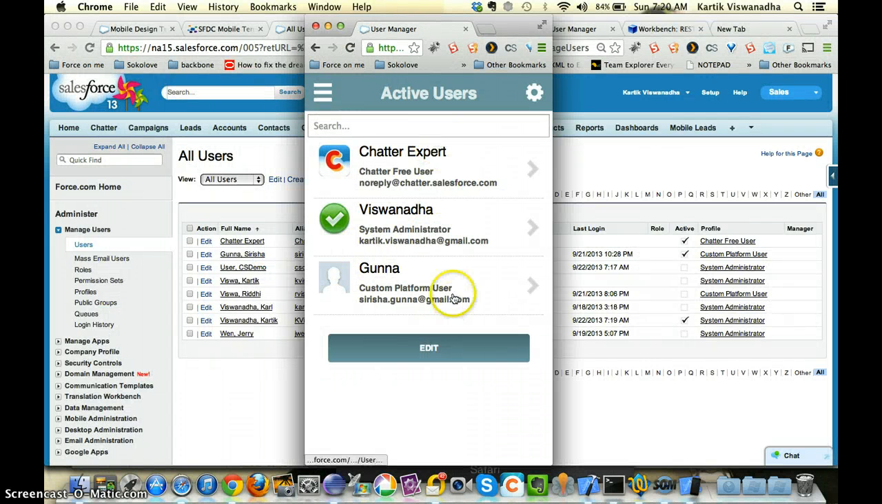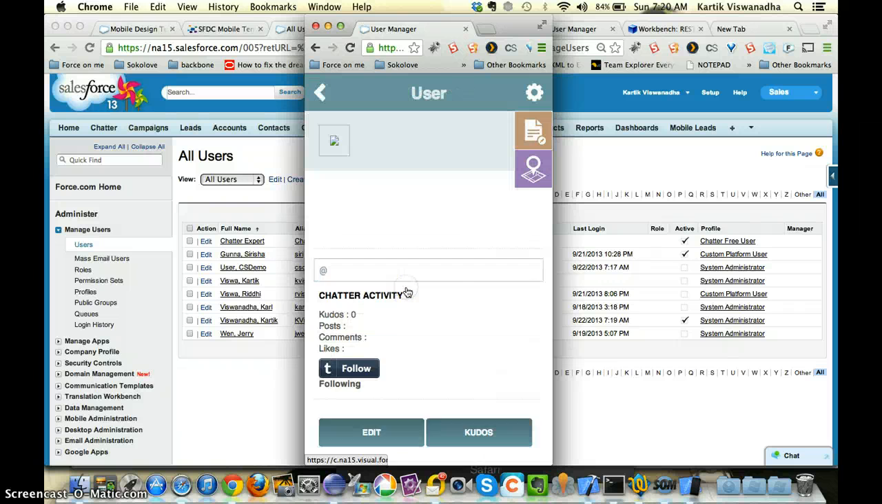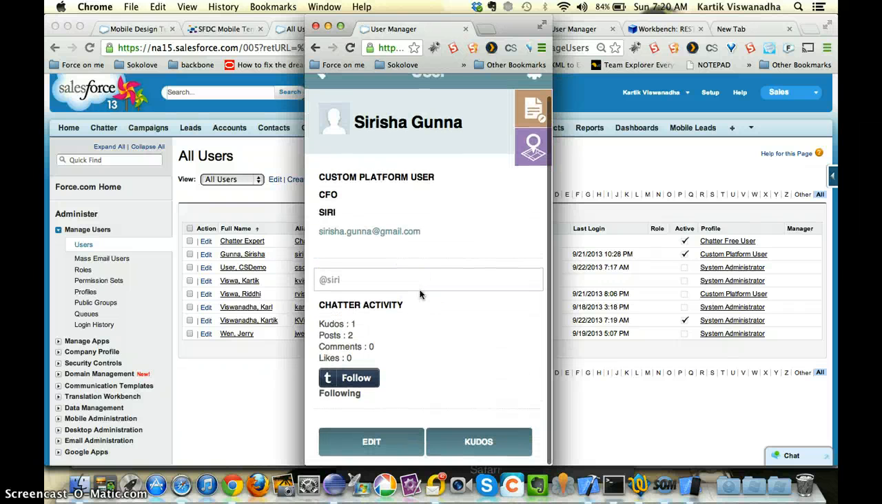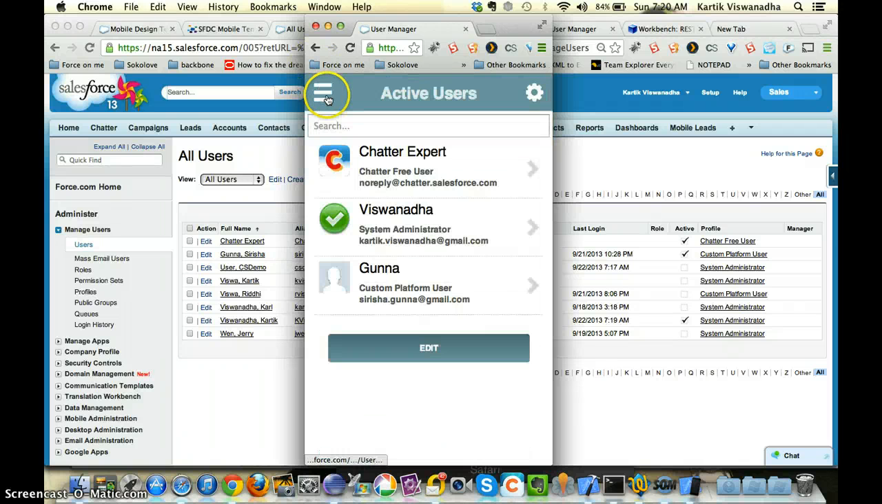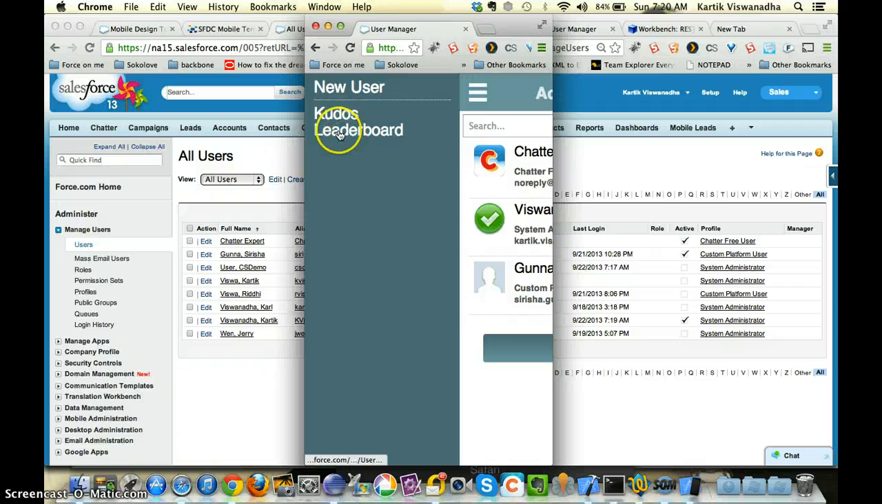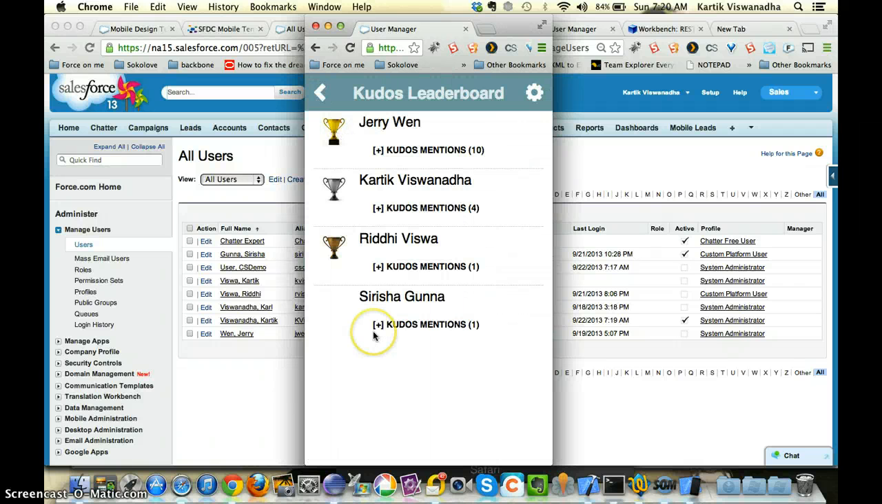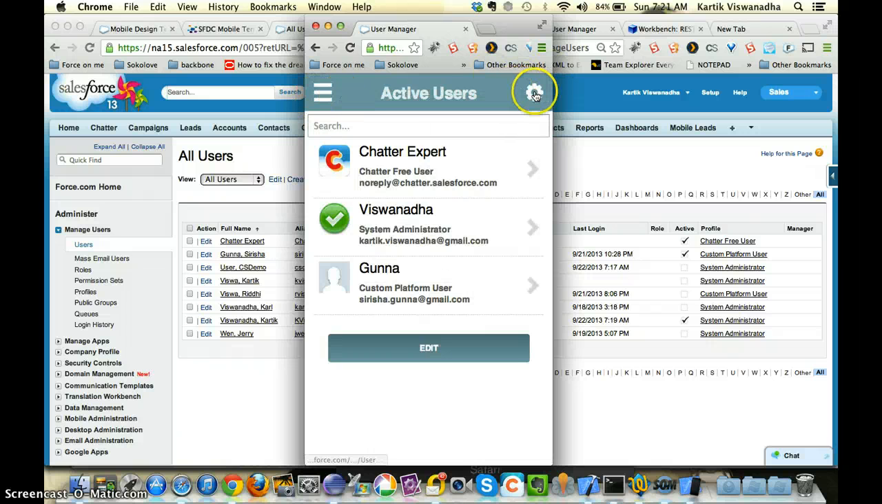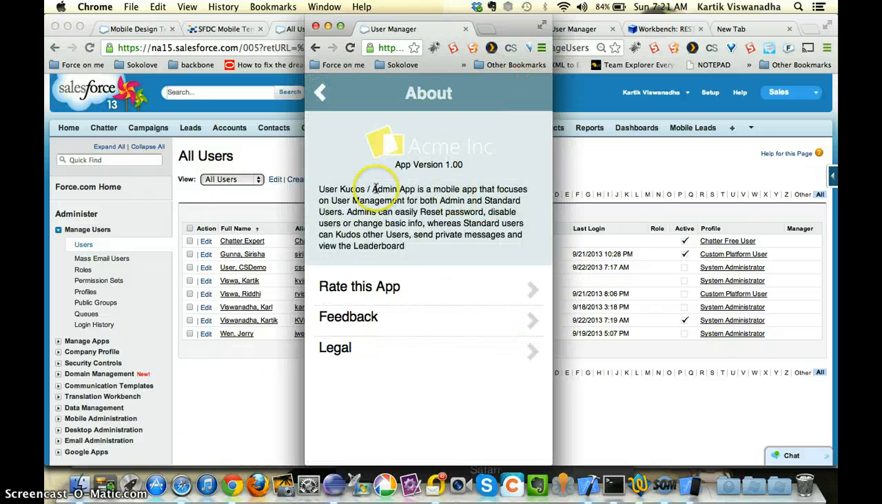And what else do I have? So that's basically it. That's all the stuff that I have. And I also have this about page, which is basically the app